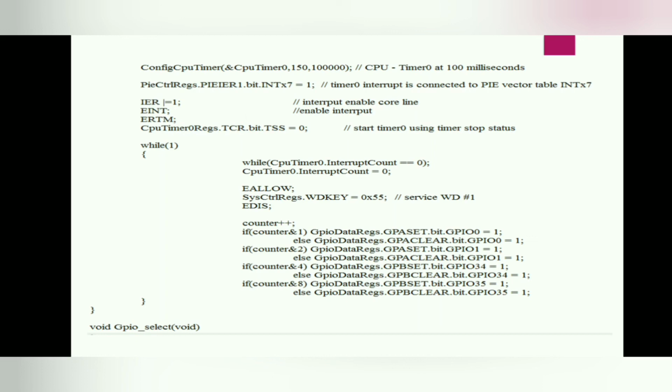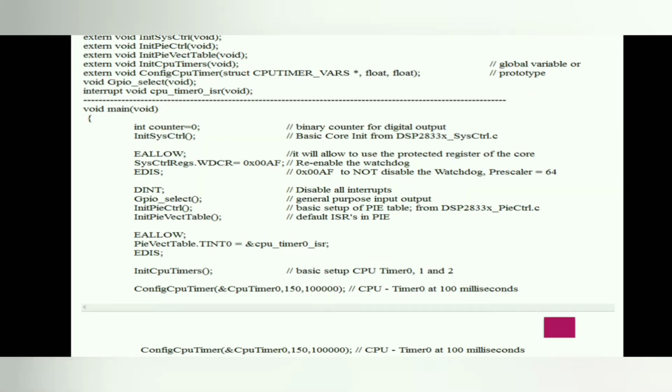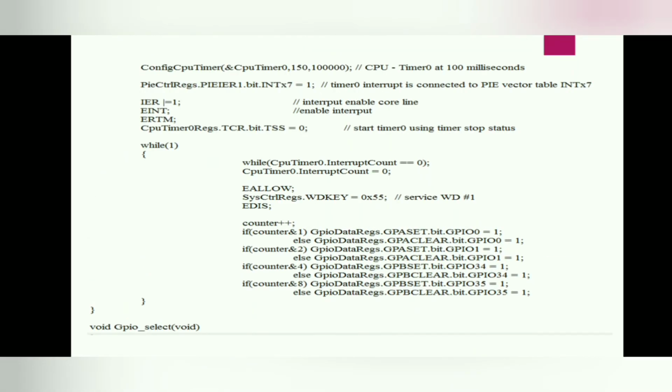And again after coming back to this program, it will re-enable the next timer 0 interrupt service routine. Now one thing we forgot: at the starting we have enabled the watchdog timer, but in the code we don't use anything. If we just run the code, after a few milliseconds the code will stop. The code won't work. So we need to use the good key somewhere in the code.